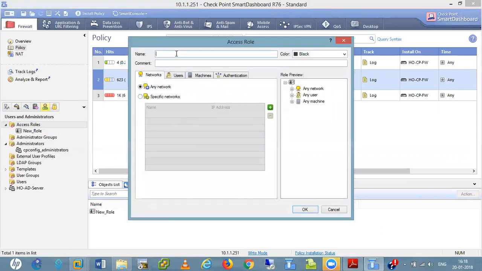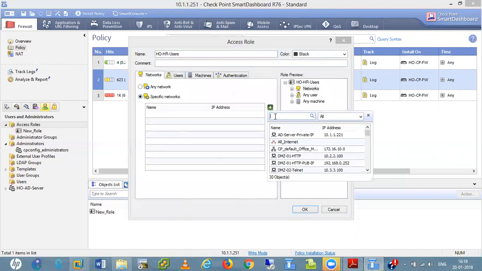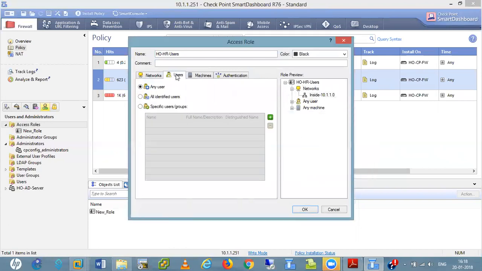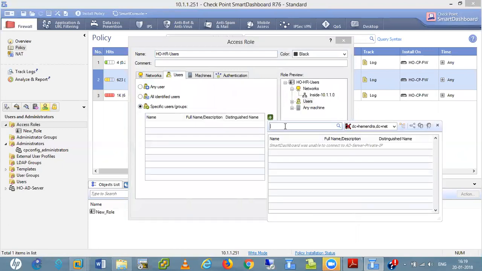Okay, so I give the name, my head office HR users. And here I give my inside network. And here in the users tab, I call the HR.